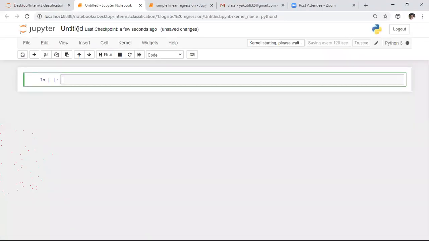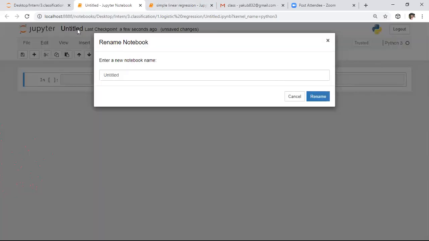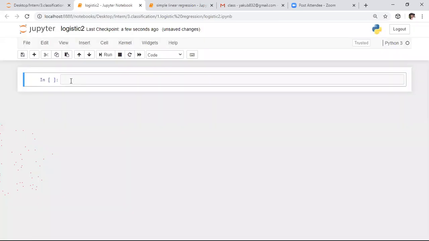For this, I'm keeping the name as Titanic. What is the first step to apply any machine learning algorithm? Initially, we need to import the essential libraries. So in this, I want to import the essential libraries.